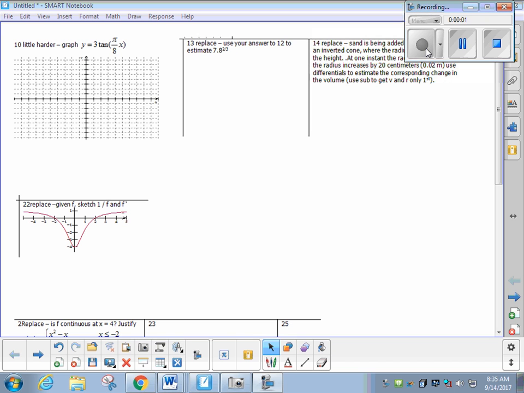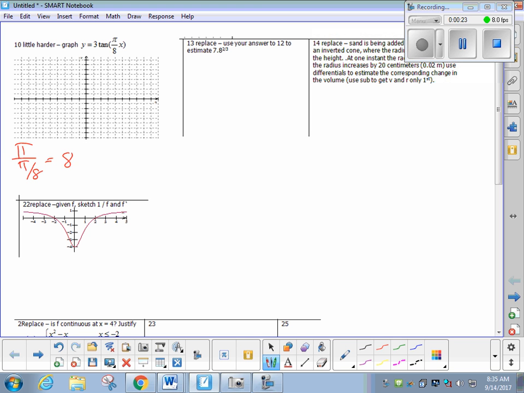Questions on 31? Let's start with the tangent graph. What is the period of that tangent graph? People? 16. Beautiful. Is the normal period of tangent 2 pi or pi? Pi. Okay, so if we take pi divided by 8, then you get a period of